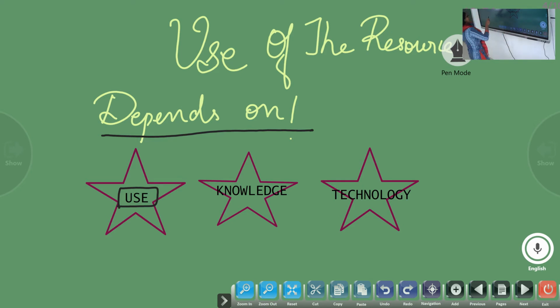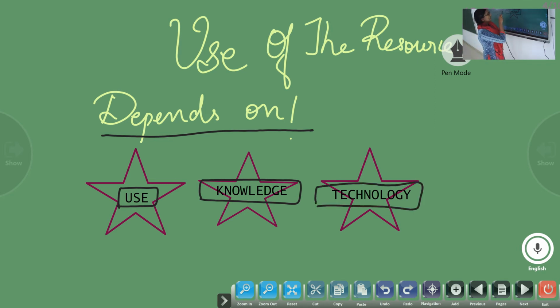The second thing that we need to use the resource is knowledge. Now, if the green plant that is around me is good for cooking, I should have the knowledge on how to cook the green plants for my food. So, without knowledge, I cannot use the resource. If I have a resource around me and I do not have the knowledge on how to use it, the resource cannot be used. It again becomes just a thing that is around me. It does not become my resource.